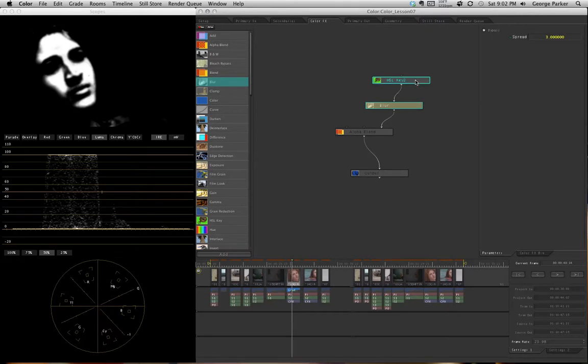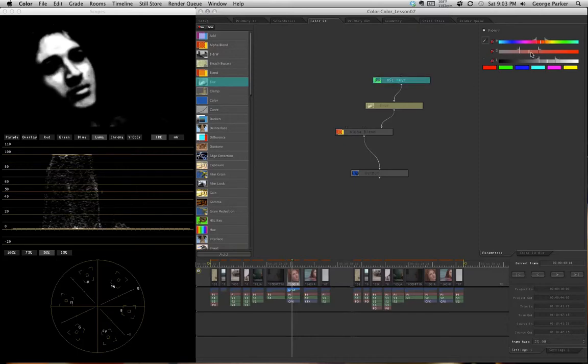Now when I just single click HSL key, I still see the blur node. Okay? Anytime I double click and I highlight it orange, that's going to be the view further down the node chain. So now that this is selected and it's green, I can change the parameters a bit to try to refine this